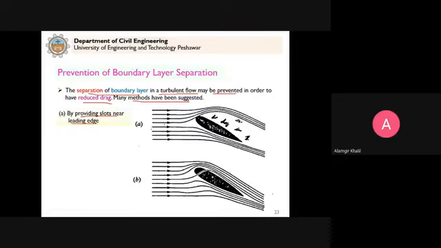Now we know what is boundary layer separation, and what are the mechanics behind this. So the separation of boundary layer in turbulent flow may be prevented in order to have reduced drag. Many methods have been suggested. We will study only two methods. Clear? So the first method is by providing slots near leading edge. What will happen is that you can see here, when this flow occurs past this object, let's say airfoil, you see that boundary layer has separated